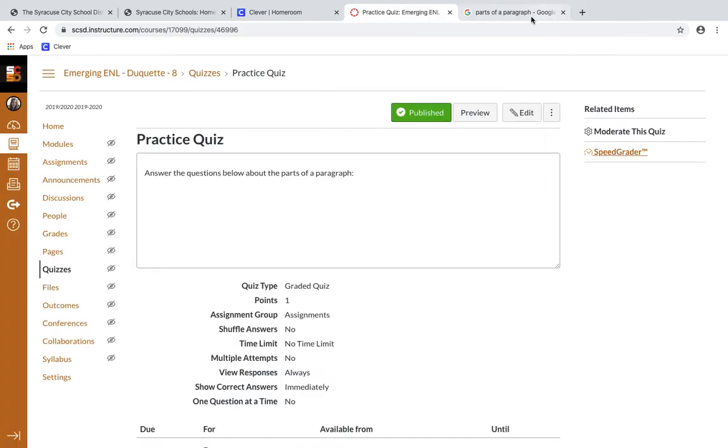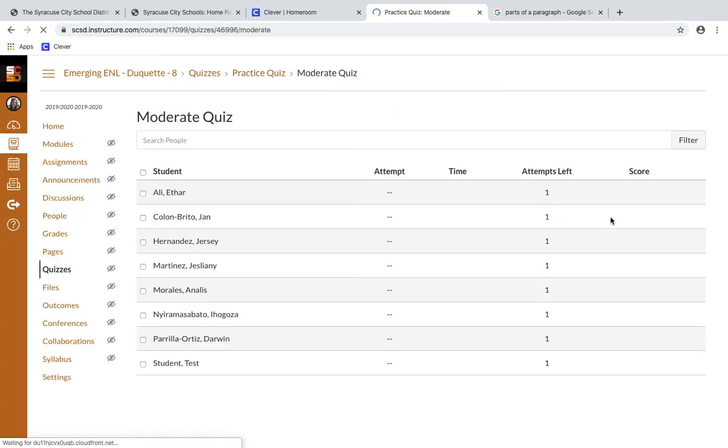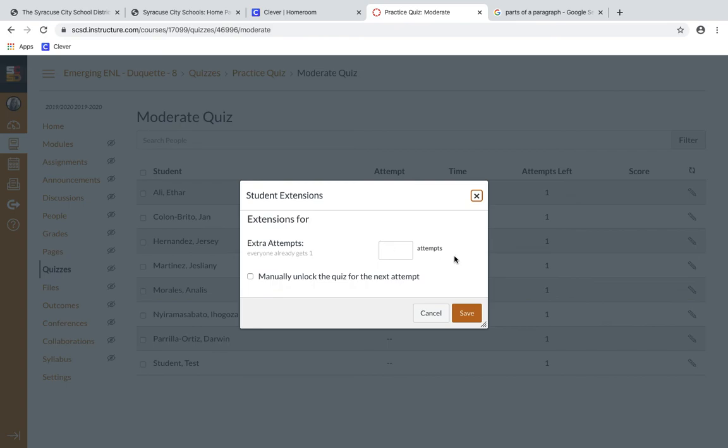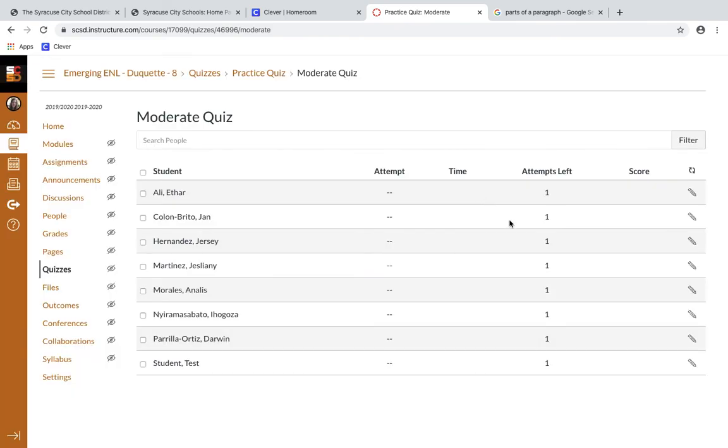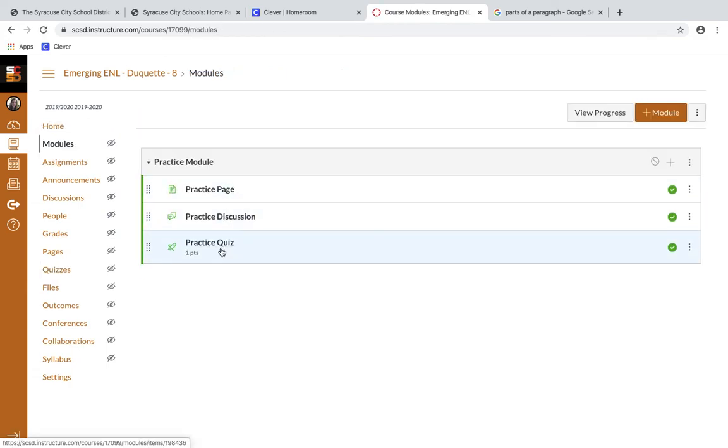The other thing you can do is moderate the quiz. You can see who's had it or who's done it, and this is where you can go in and give the student extra attempts if you need to, if maybe they just submitted it without answering questions, any of those things. So I'm going to go back to modules. I've created those